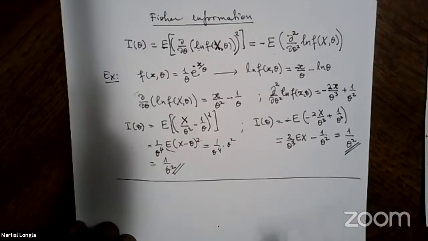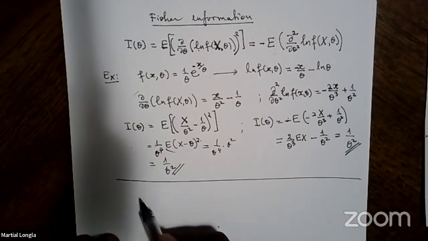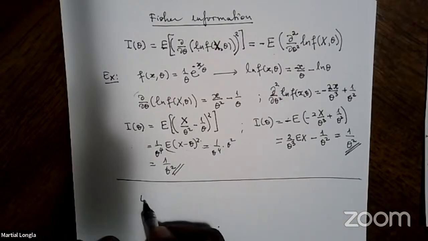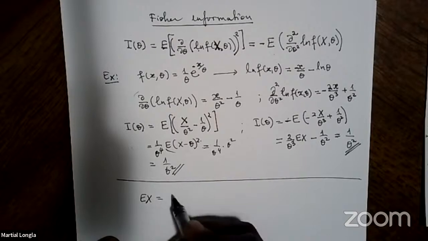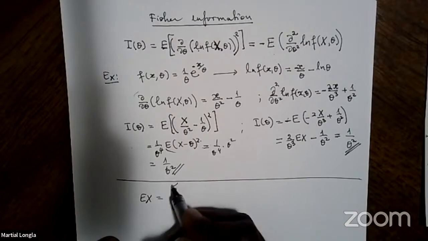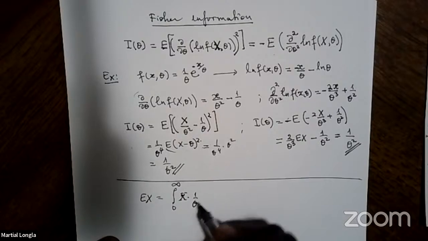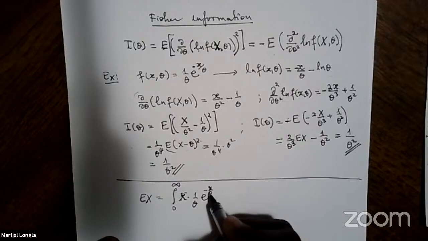There are two things, either direct computation or sending you to something else, but let's just do direct computation here. The expected value of x is the integral from 0 to infinity of the density times x, which is x times 1 over theta e to the negative x over theta